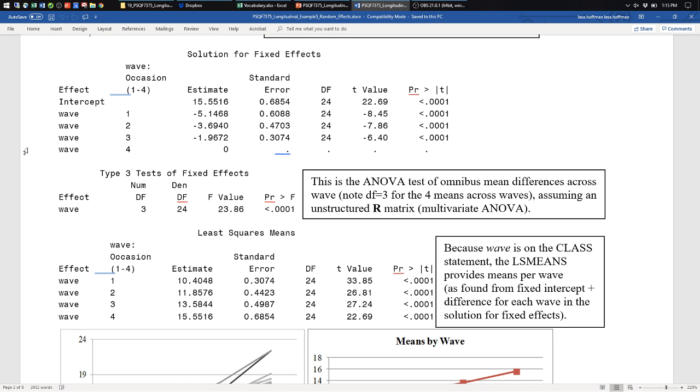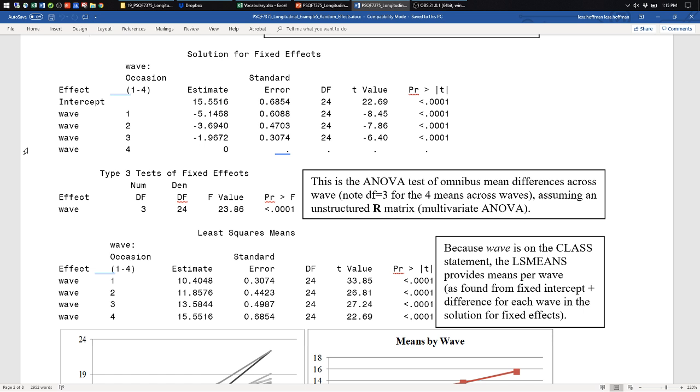But the fact that it's in the fixed effects table, the model for the means, is just telling you that wave 4 is your intercept. So in this outcome, the mean at wave 4 is 15. These are contrasts that compare wave 4 to each of the other waves. So wave 1 was 5 lower, wave 2 was 3 lower, wave 3 was 1 lower. And the combination of these 3 contrasts, these 3 univariate Wald tests, the combination of testing whether they're different than 0 is the next table right here.